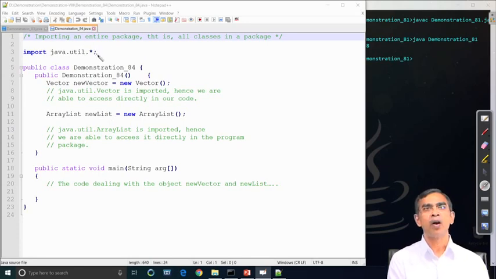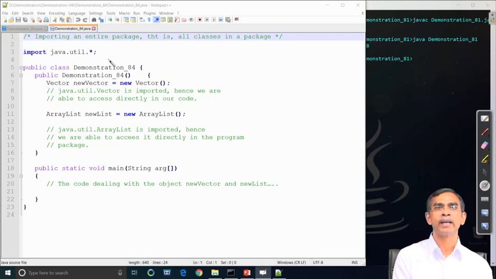If we do this, all the classes belonging to this package will be accessible to this program. Here we can see new Vector, similarly ArrayList, new list, we can access it. Similarly, all other classes which are declared in util can be accessed like this one. This is not a complete program, code related to dealing with Vector and ArrayList can be included here to make it complete.